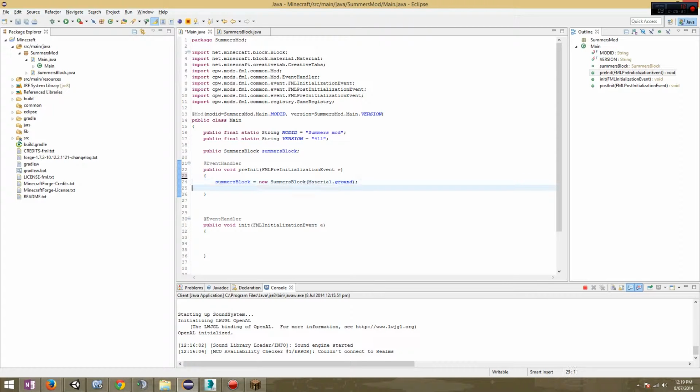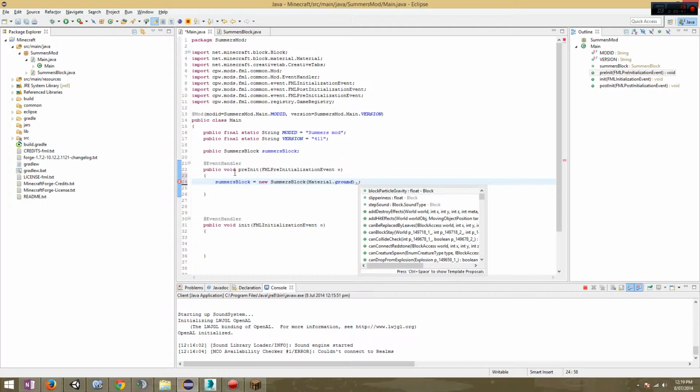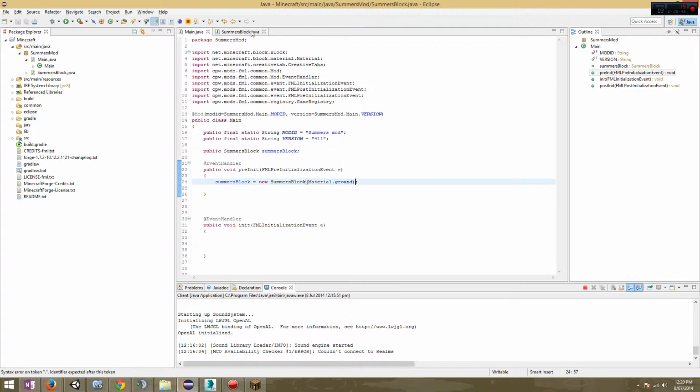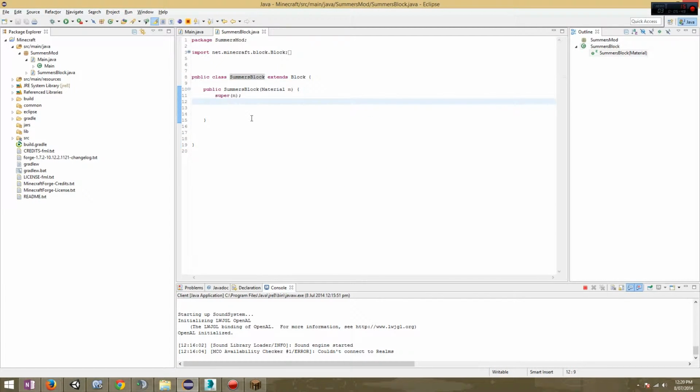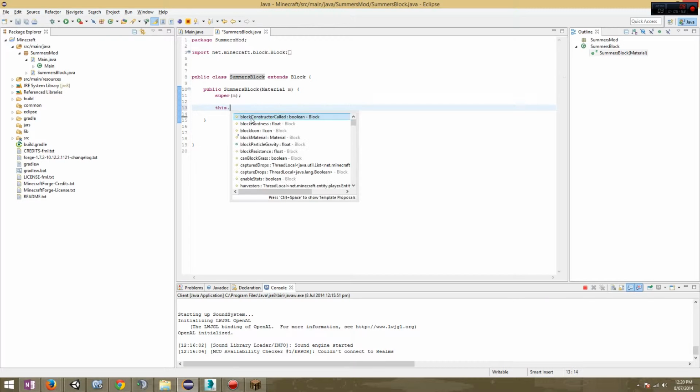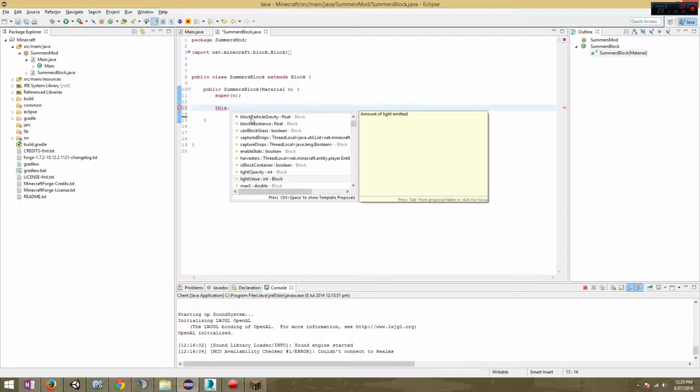Okay, so that there. A lot of learning resources suggested to chain things, to chain all your things. I don't like doing that. It makes it look messy, and I'd rather just do it in the constructor here, at least for now. Also, for the fact that you can just go this dot, and it'll come up with IntelliSense with all your different things. So a couple things we want to do is,